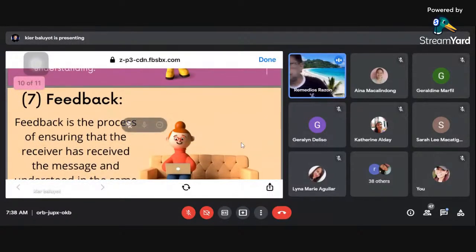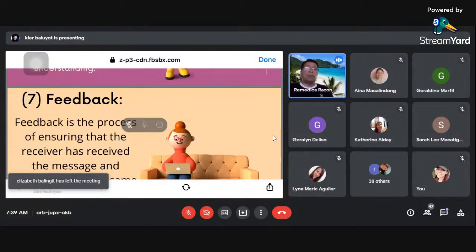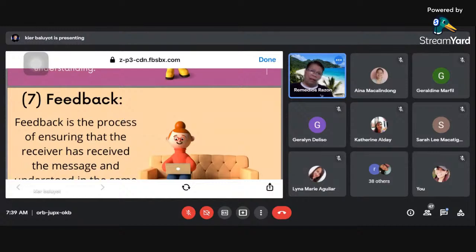Okay, so thank you, Ma'am Chaylux, about your topic on the 7 elements of communication channels, or the main elements of communication. Yun ang 7 paraan na magagamit natin sa salamuha o pakikipag-communicate sa ating mga kasamahan. There are 7 elements. And the last one is feedback. And the first one is sender. Okay. So there are 7 elements of communication channels.